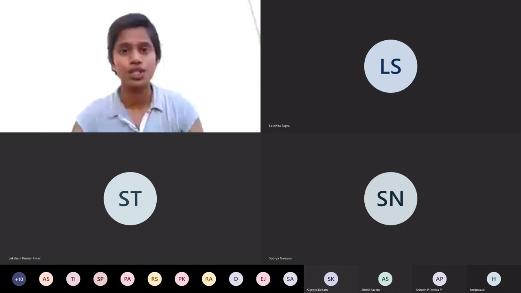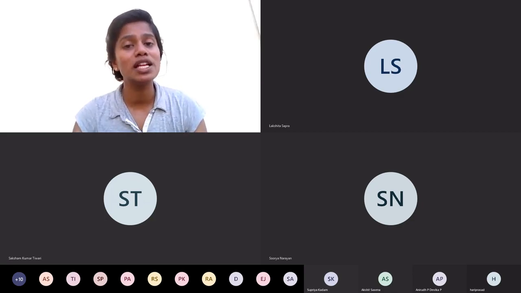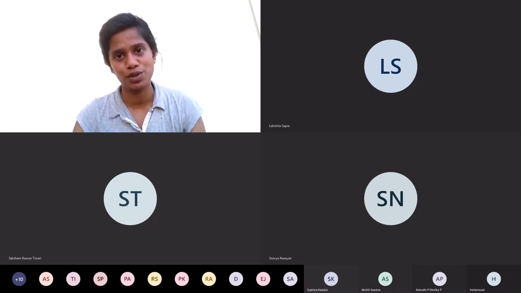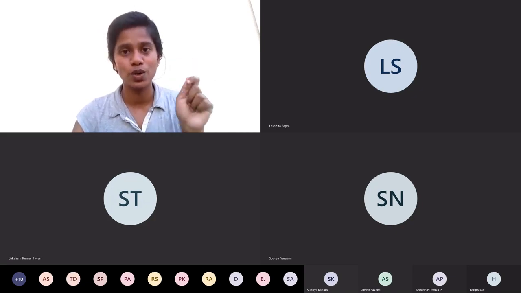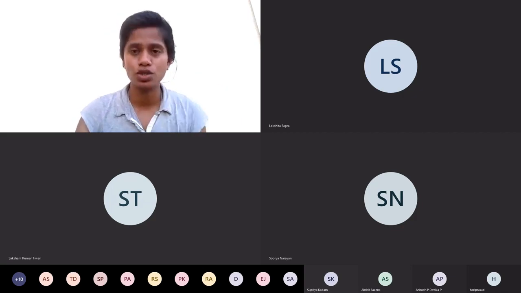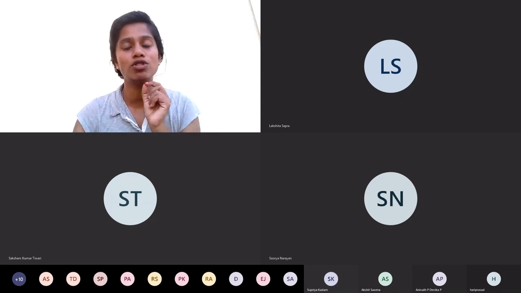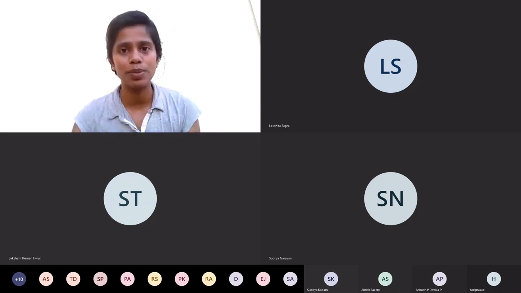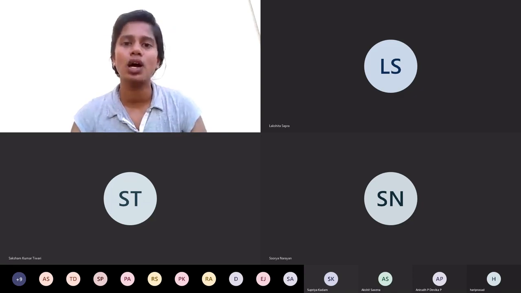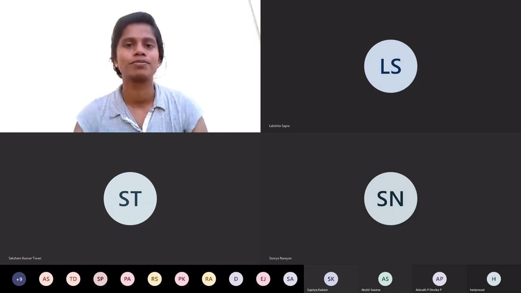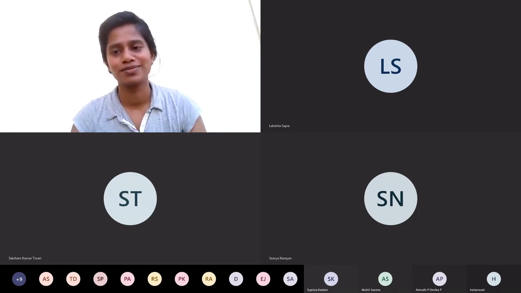Even if the session is delayed because there are too many Scratch people who are still learning, the videos themselves are self-explanatory. The videos will tell you where to click, what to drag, what to put. Like we showed in the Scratch, the construct also has similar kinds of videos. So it will take you stepwise. If that is not helping, I will definitely take a session on how to develop construct games also. Okay, ma'am. Yes.